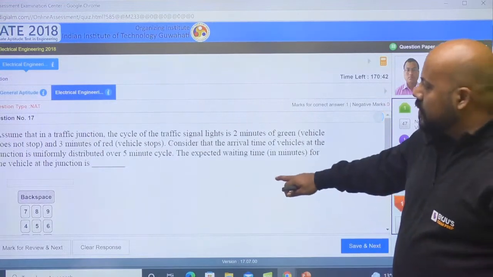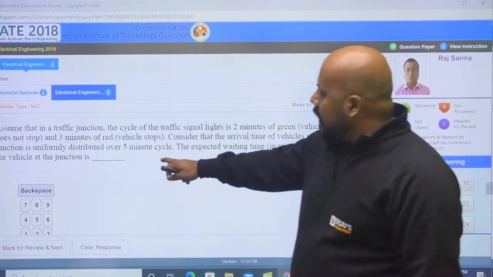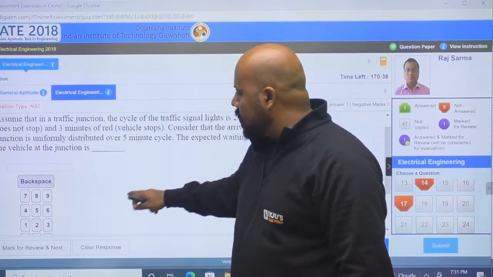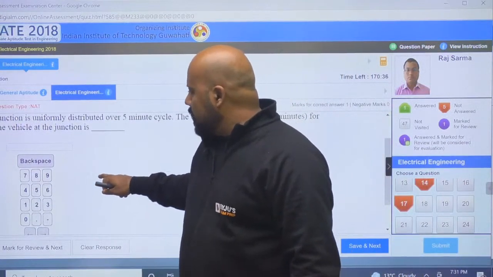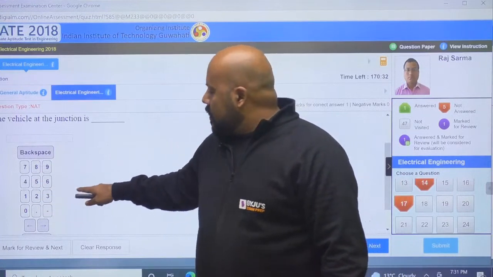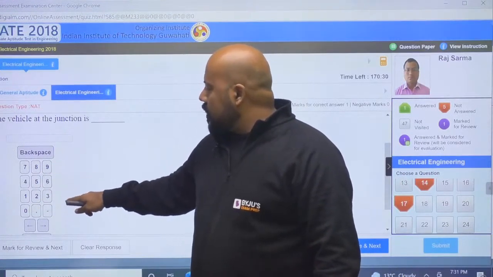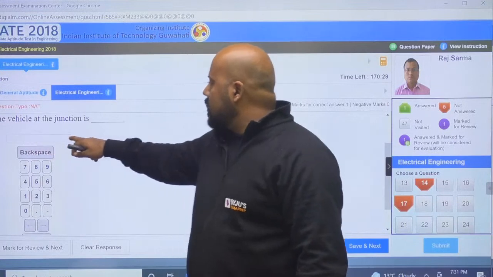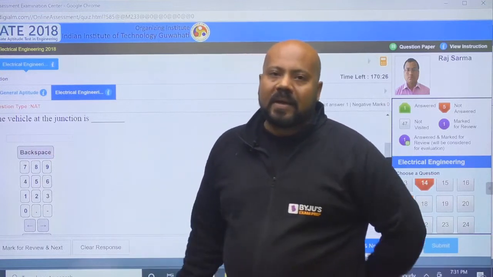Yes, now this is going to be a NAT question. You see there is a fill in the blank. Now this keyboard is automatically coming. This is inbuilt. Now you can choose what your answer is, and that answer you are going to fill in this blank